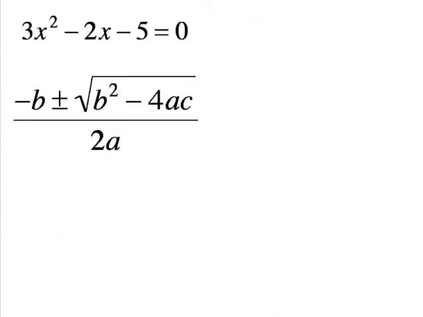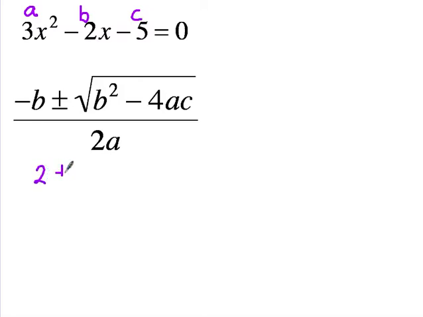We're going to look at this one next. 3x squared minus 2x minus 5 is equal to 0. Does x squared have to be 1 on this? No. So if we identify A, B, and C, I get A, B, and C. So B is negative 2. So the negative of negative 2 is